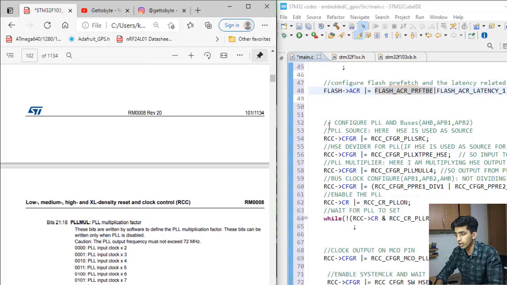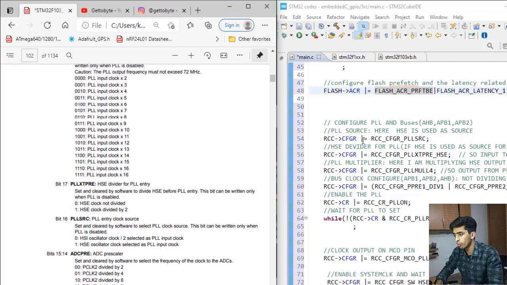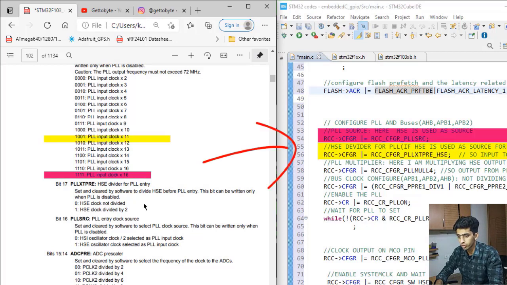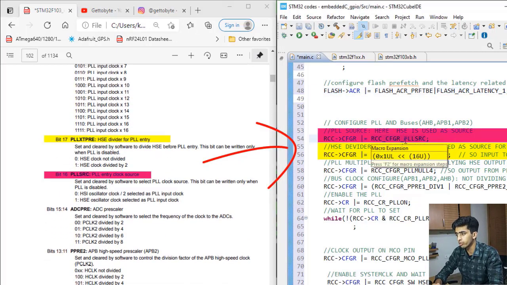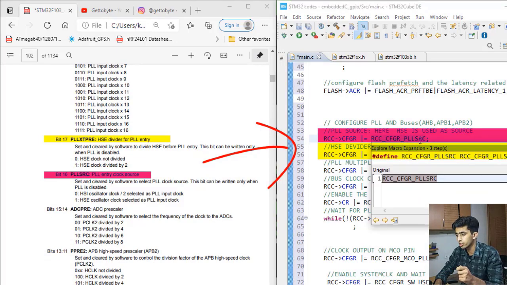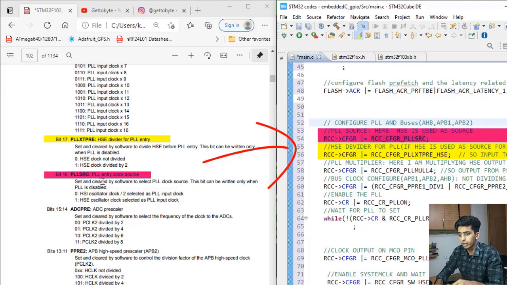So RCC->CFGR |= RCC_CFGR_PLLSRC, and here my PLL source is set to 0x00010000 UL, which means that the bit has been set to 1. So I'm using HSE. Now the next thing is the HSE divider, whether I will divide it with any prescaler or not.